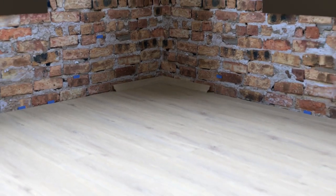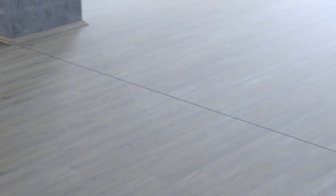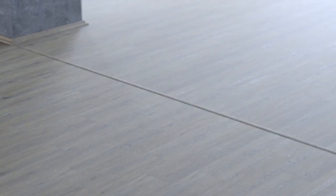Complete the flooring installation by removing the wedge spacers and installing the edging strips to cover the expansion gaps. Install T-molding or multi-purpose reducer in doorways to create an attractive transition from